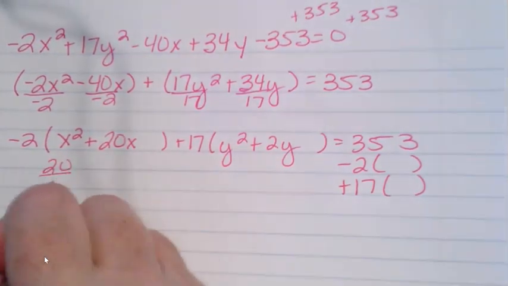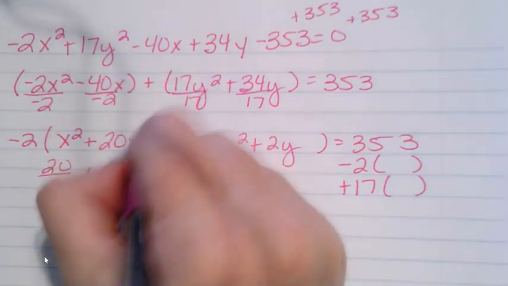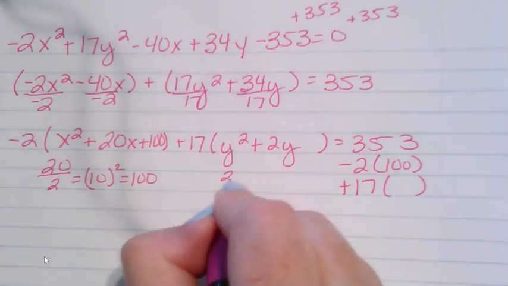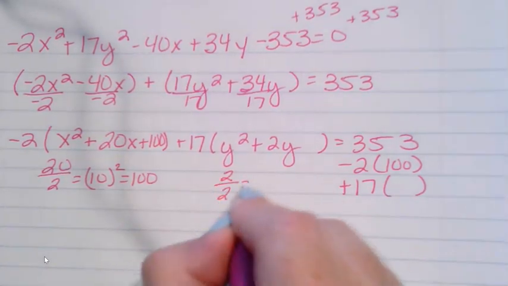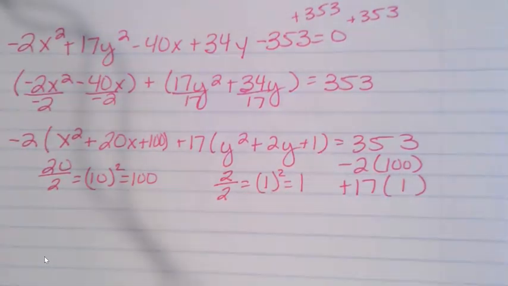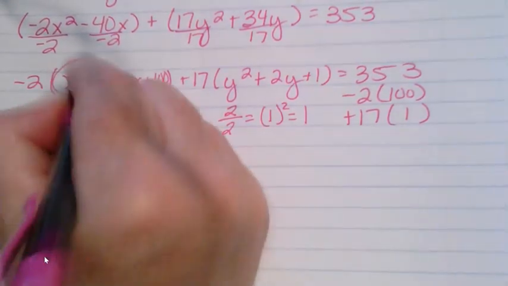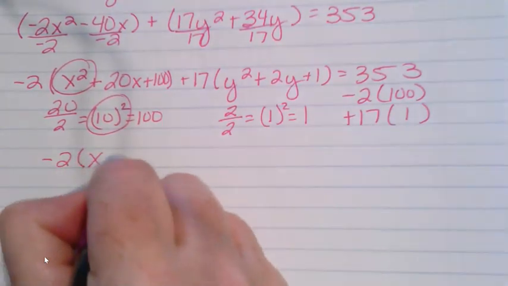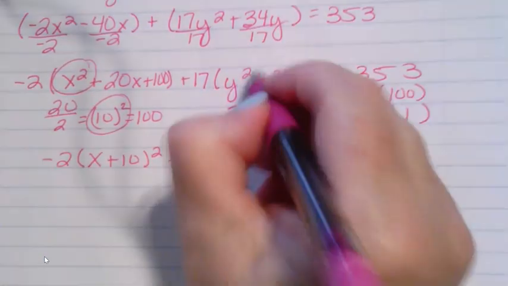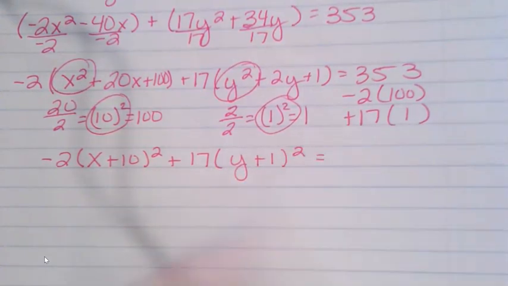Okay, so here we go. You're going to take your 20, divide by 2, which is 10, square it, and we get 100. So put the 100 on the left and on the right. Do the same thing. Take 2, divide by 2 is 1, square it, we get 1. So plus 1 and plus 1. Okay. Now, that negative 2 has to come down. We're going to collect our squares. So x plus 10 squared plus 17, because remember, those numbers on the outside cannot go away. Here are our squares, so y plus 1 squared equals,